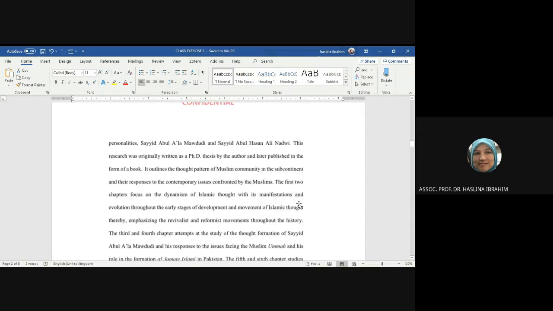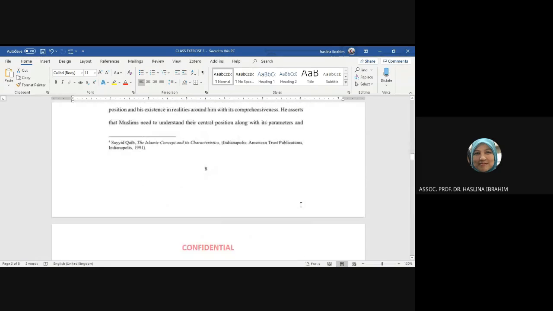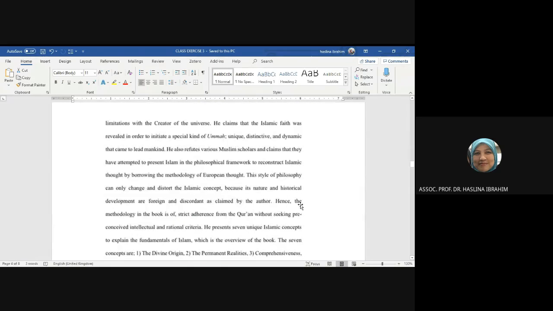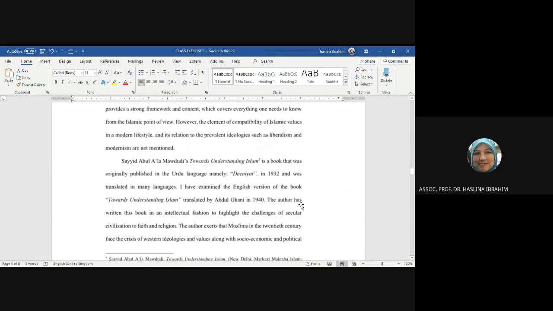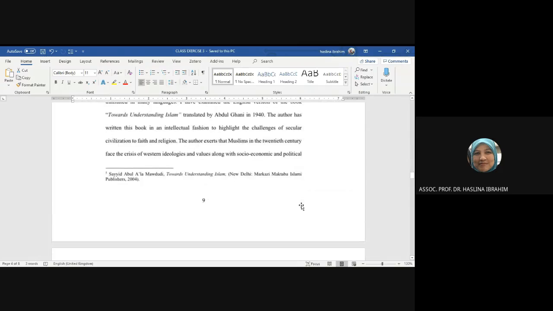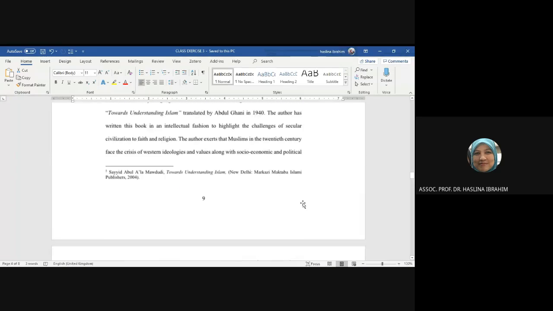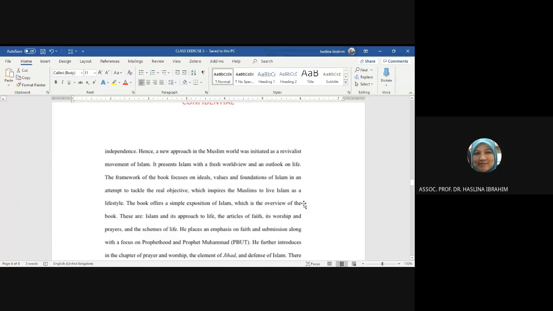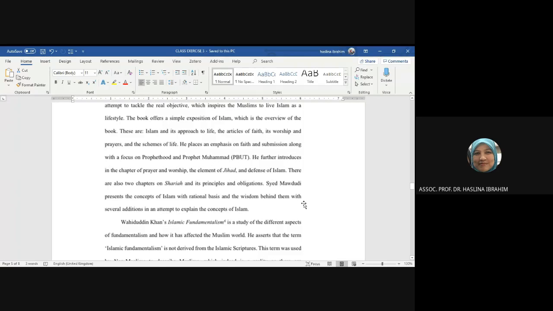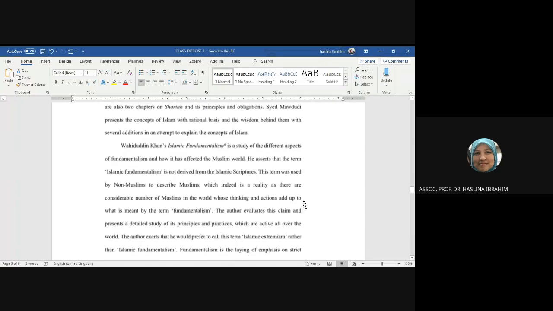I didn't find any. Maybe I need to go into more detail. But I didn't find any Western works. The author asserts that Muslims in the 20th century... Okay, Muslim authors say that Western ideologies... But what are the Western works? I mean, the work discussed by the Western scholars